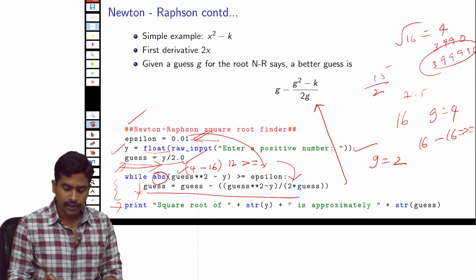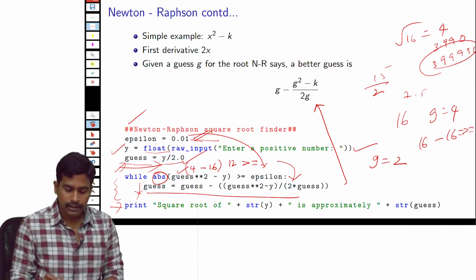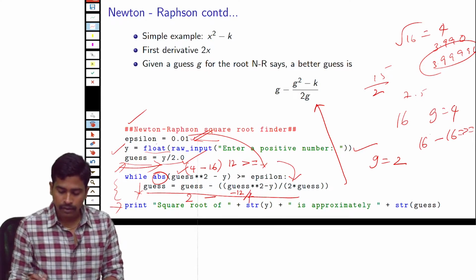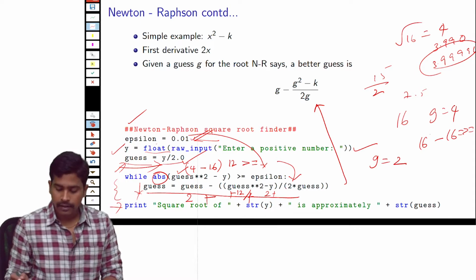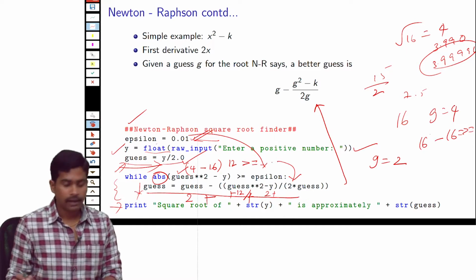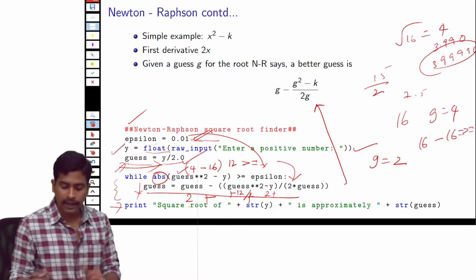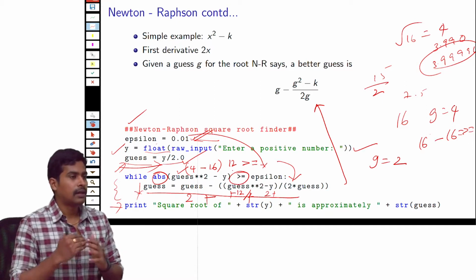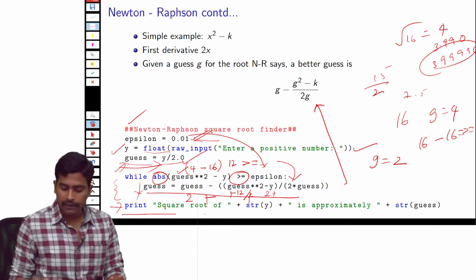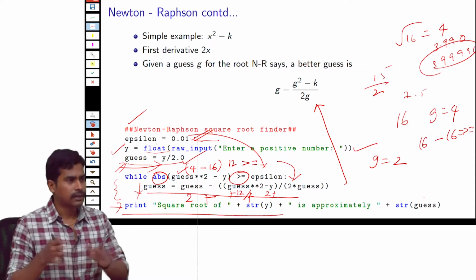Okay. So your previous guess was 2, right? So now what you are doing is replacing your previous guess, 2, minus (guess square minus 16, which is minus 12) divided by 4, which is going to be some other number. Okay. So we come back here, we use the new guess to calculate this check, and then we keep updating the value of guess until finally this condition fails, which means we have approached very close to our solution, right? After that we stop the iteration, and finally we print this approximate solution.